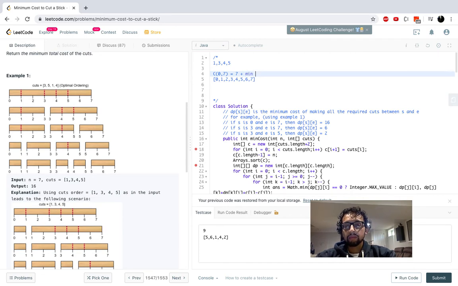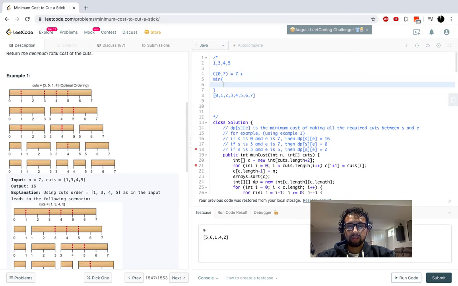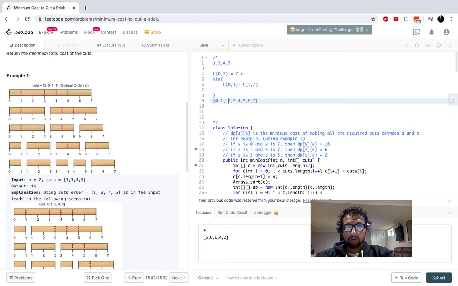Plus the minimum of making the cuts, either at what? So let's say we made it at 1, that would be 0 to 1 plus 1 to 7, right? Because then that would basically be that. We made the cut at 1, we have to find the cost of this and this,